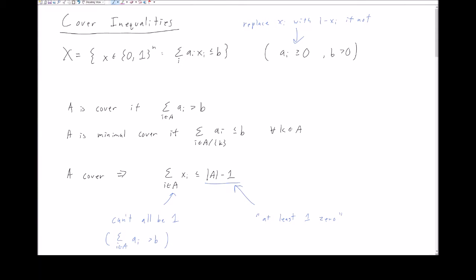In this lecture, we're going to introduce our first set of inequalities called cover inequalities. Our context is going to be a feasible region defined by exactly one constraint. In this case, all the x variables are going to be binary, 0, 1 variables. We're going to have a single constraint where we're going to assume that all of the constants are greater than